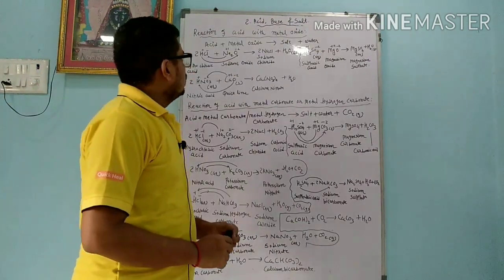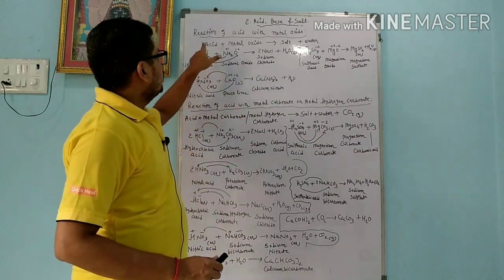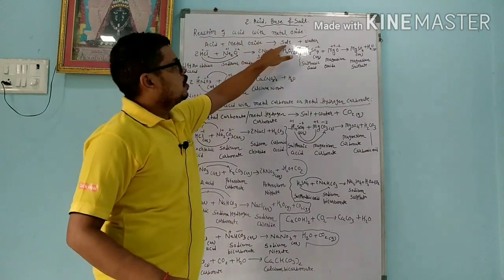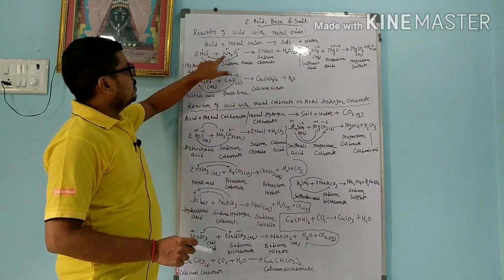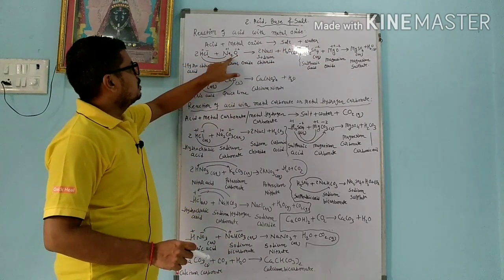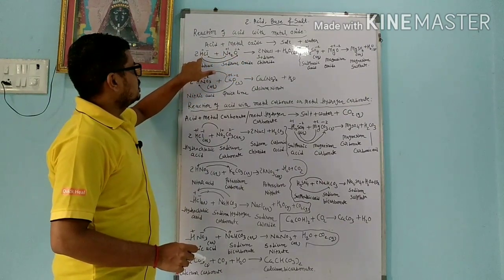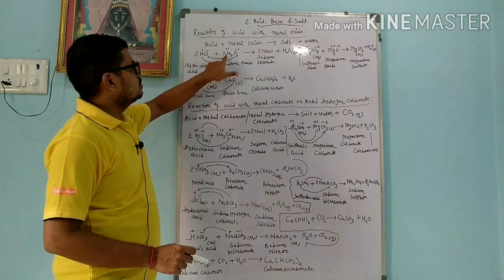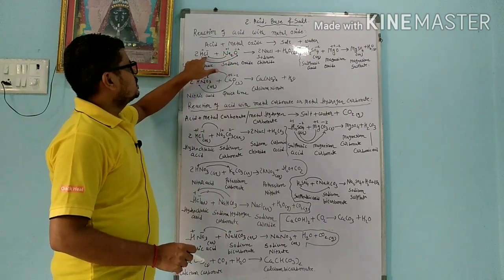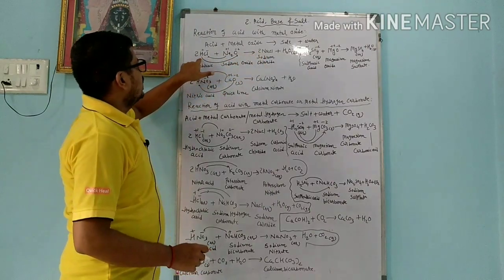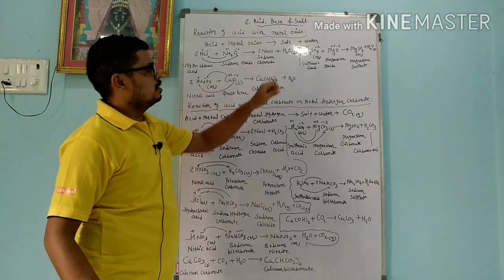Dear student, we are going to learn the reaction of acid with metal oxide. When acid reacts with metal oxide, salt and water are obtained. 2 moles of hydrochloric acid react with 1 mole of sodium oxide. Which product is obtained? We come to know if we know the valency. H is +1, Cl is -1, Na is +1, oxygen is -2. Now we exchange: with Na, Cl is combined, so NaCl. With H, O is combined, so we get H2O. So we get 2 moles of sodium chloride plus water.